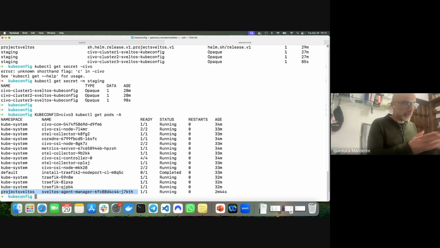When we go in mode 2, this agent is not going to be there anymore, and I will explain at the end of the demo what is going to happen in the agentless mode. But in this mode here, this agent is running in the cluster. It's running in every cluster, and this is used for